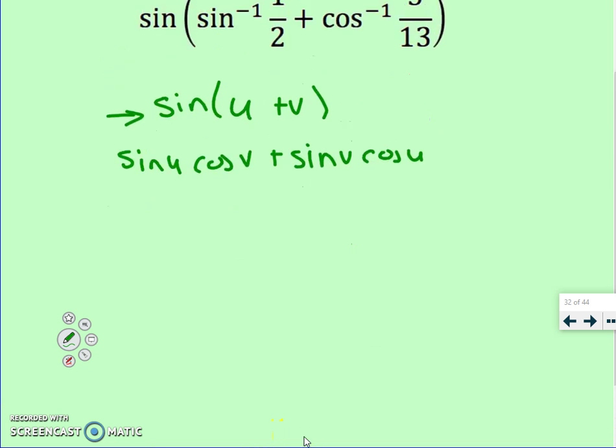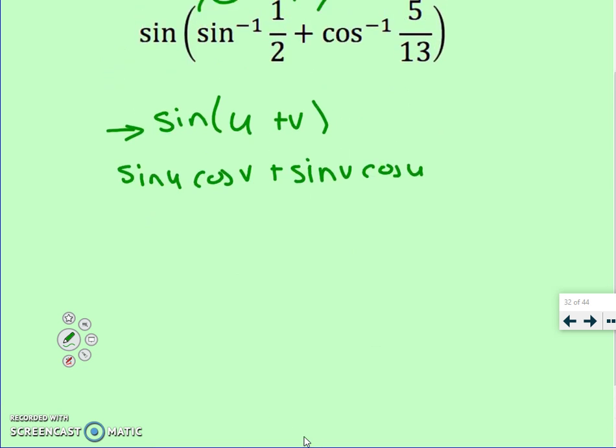Switch our angles back out for what they are. But notice this guy is on our unit circle. This guy isn't. So we'll deal with that in a second. So we have sine of